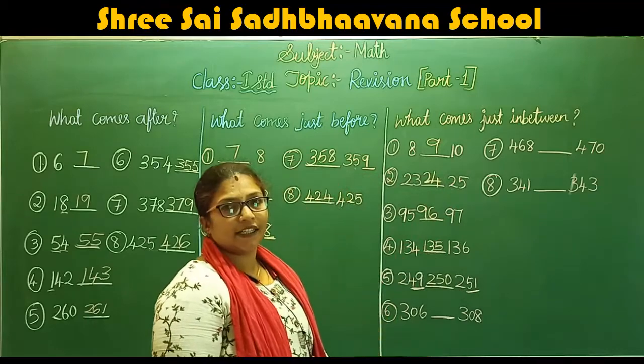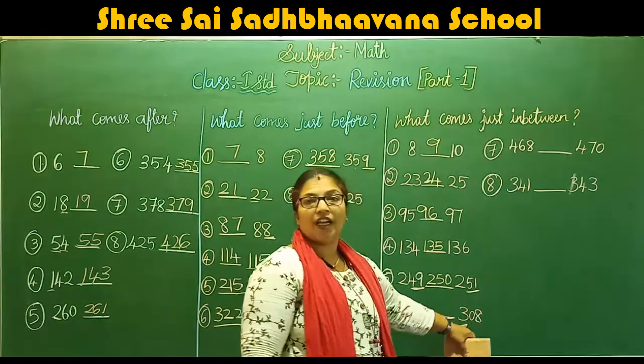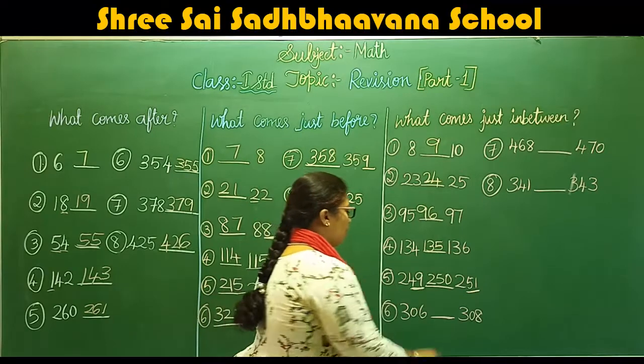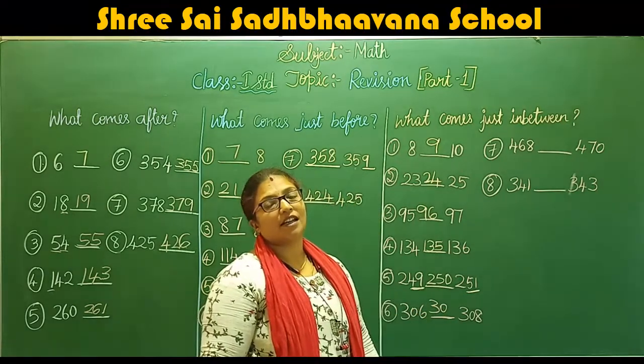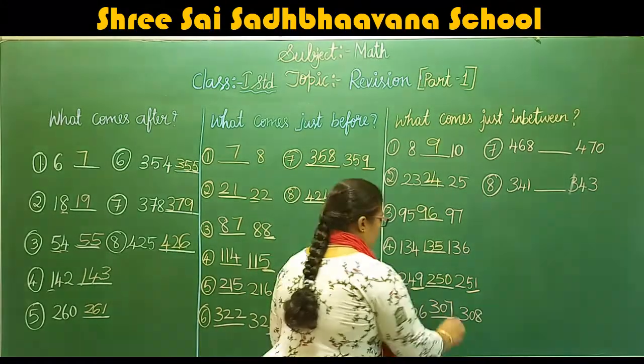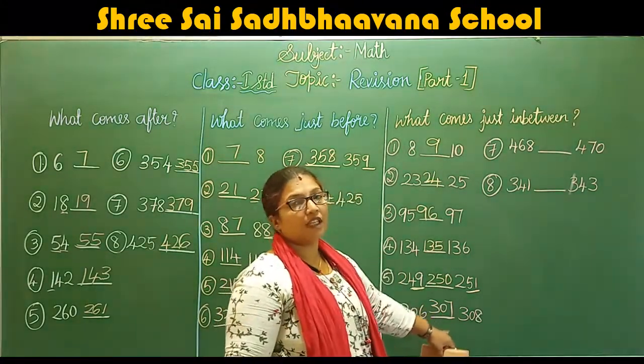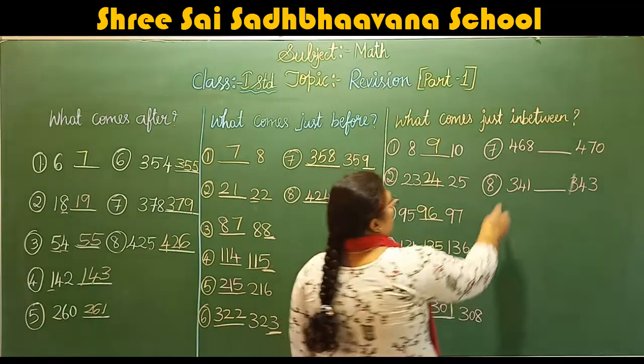So 306 they given, here 308 they given. So 3 will be same, 0 will be same. What is the next number to 6? It is 7. So next is